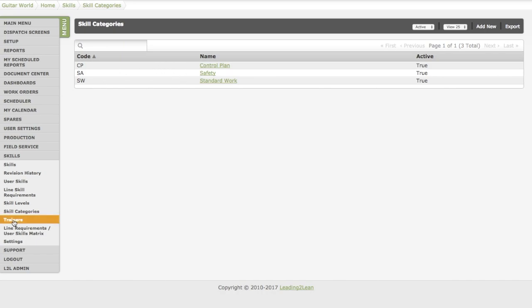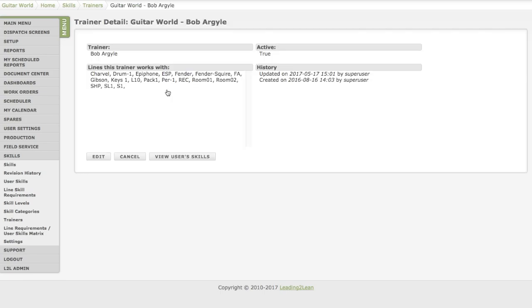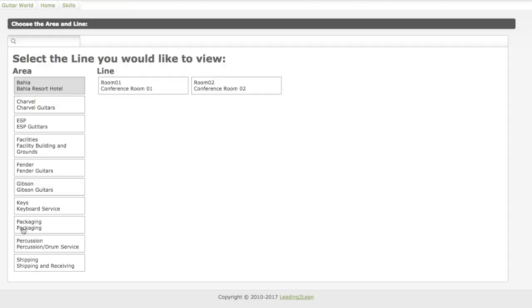You can also put all the information in there for the trainers, so we can see the trainers that are inside of the system. I can see what lines those trainers work with. I can also see whether they're an active trainer or whether they're not an active trainer. Then I have my line users and my